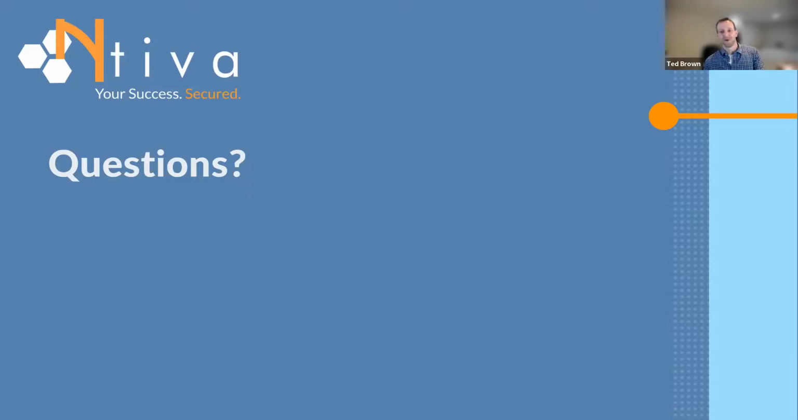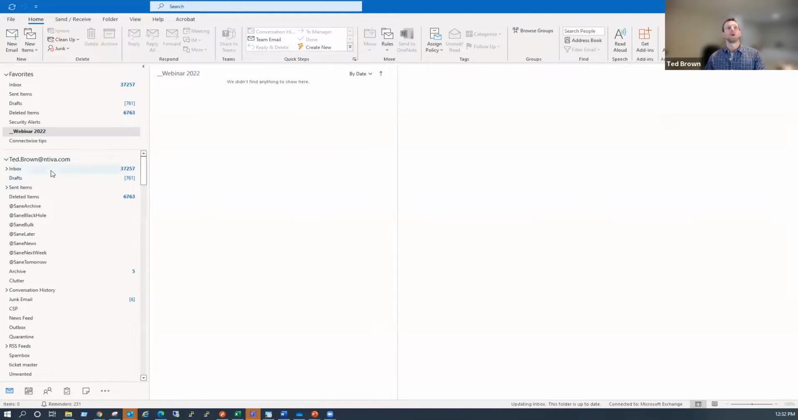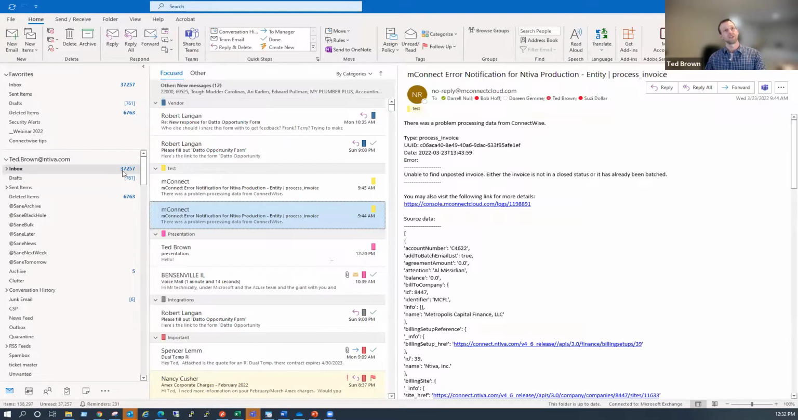Please explain the focused and other. Is there a way to view messages as a thread? Well, the focus and other, I actually like to use focus and other. I have to admit, it took a little bit to get used to it. I found it was a lot of things. Actually, you can see here